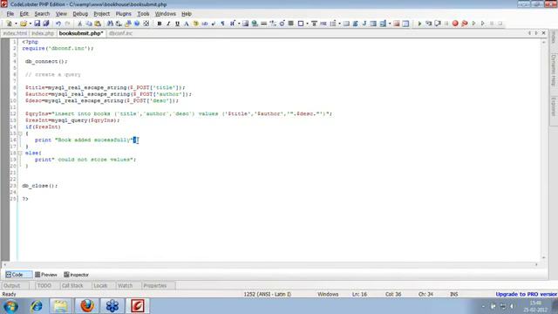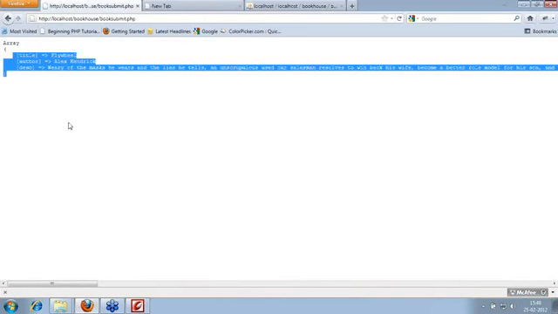Each and every statement has to be terminated with a semicolon in PHP. Now what we did: connected with the database, filtered our data, created a query, passed the query to the database, which will execute, insert the value, and tell us whether it got inserted or not, and then close it. So let's see, post is ready.